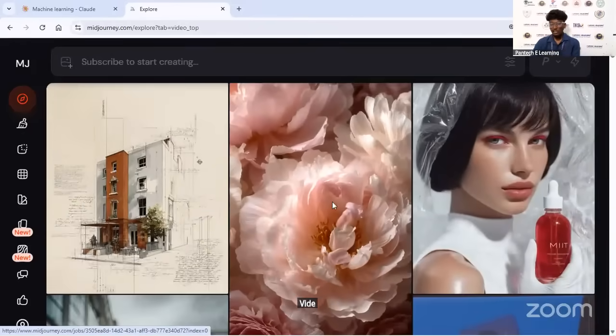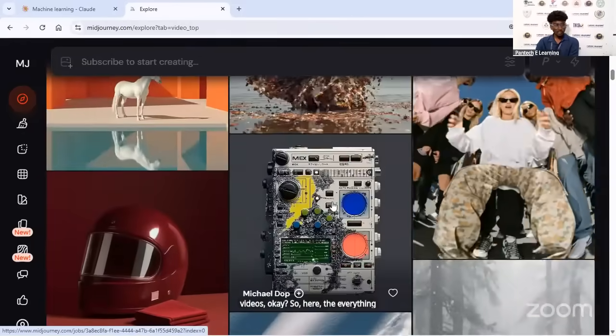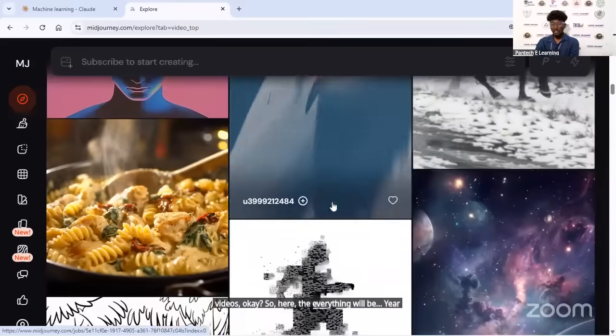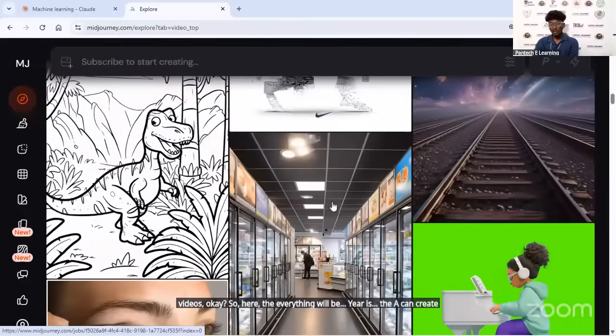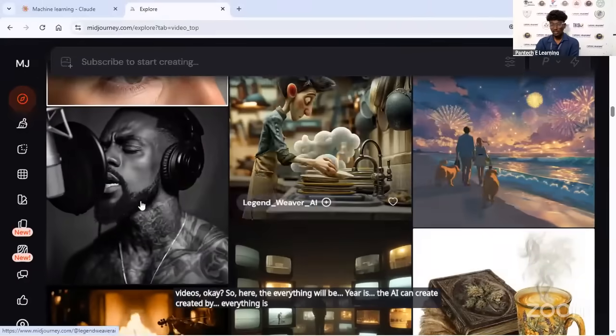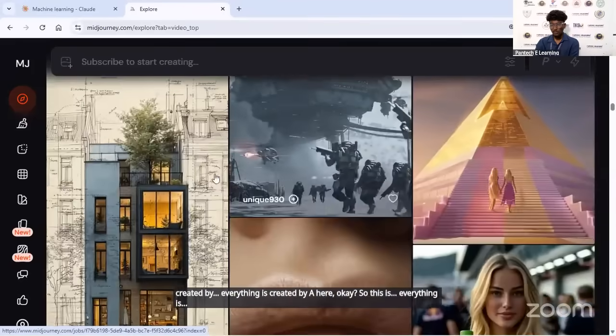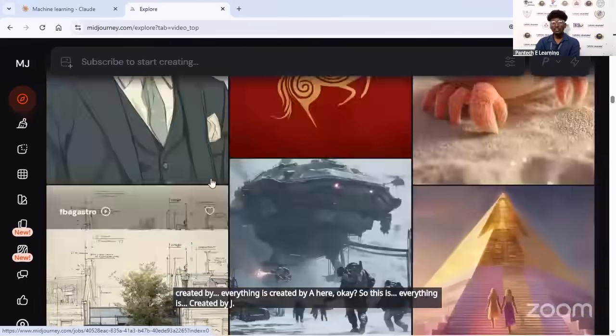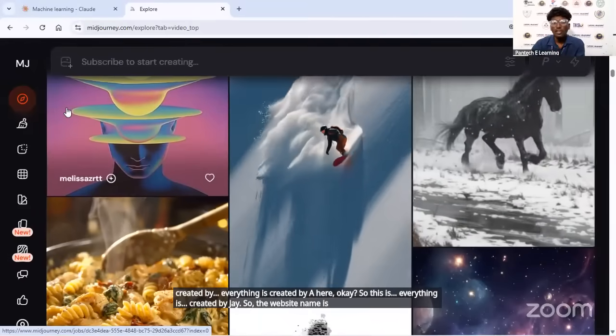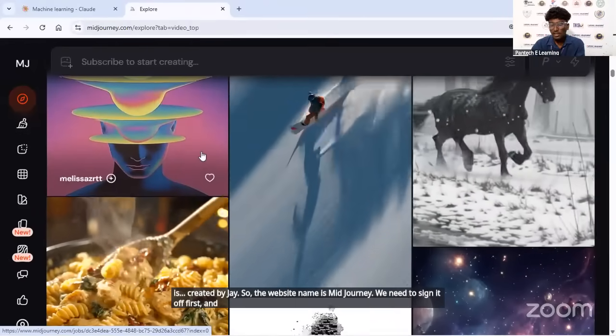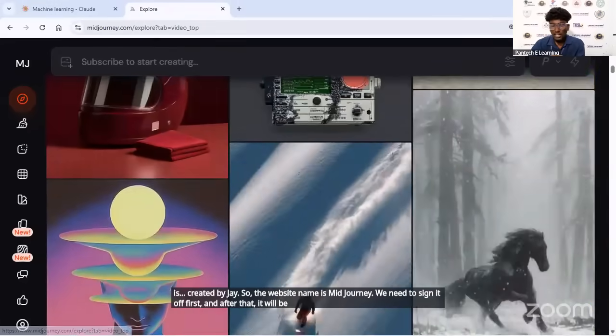Okay, so everything here is created by AI. So the website name is Midjourney. We need to sign up first, and after that it will show. Go to the explore option here.